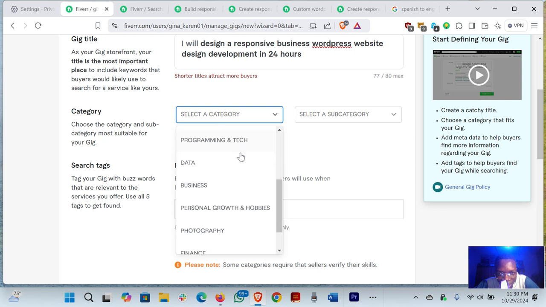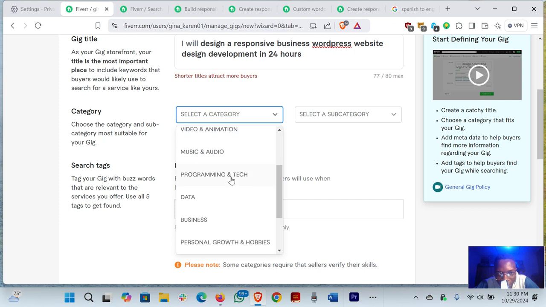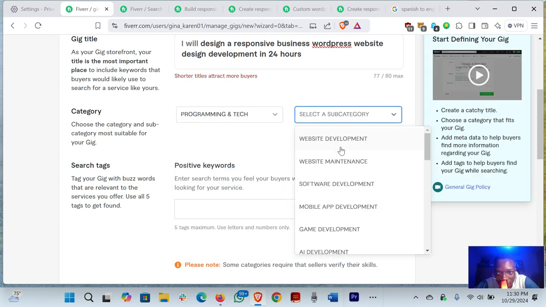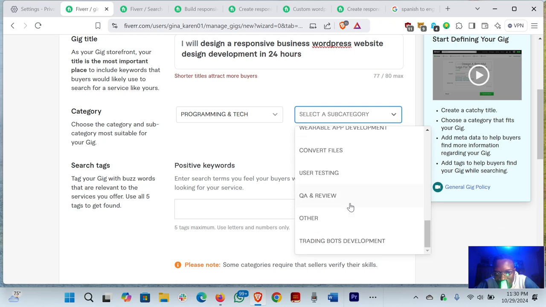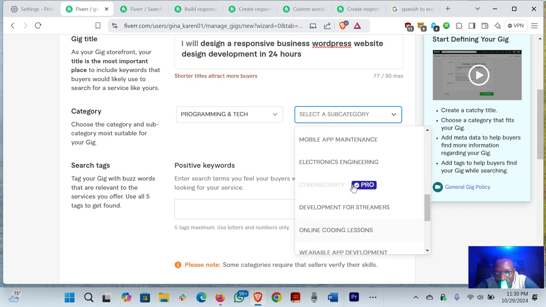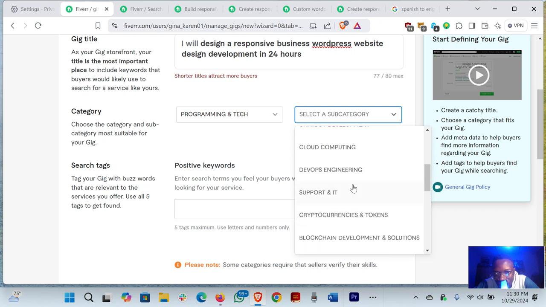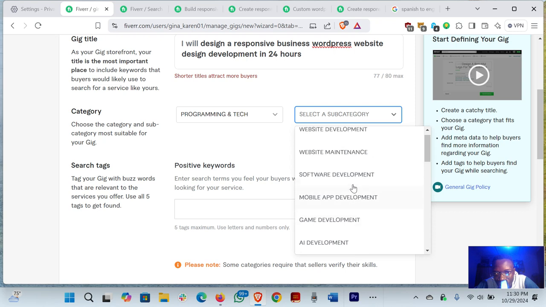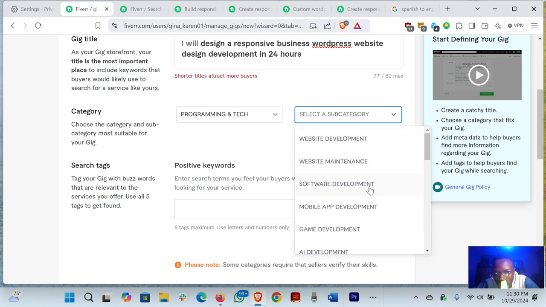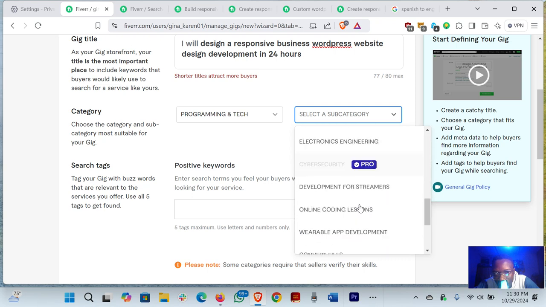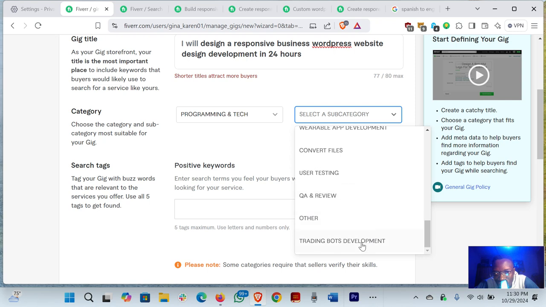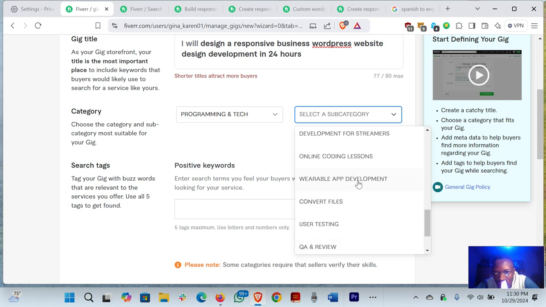Let's continue. Sorry. The next thing is, which category do you want to use? Programming and tech. That's for web developers. Programming and tech. Then the next thing is, what platform do you want to work on? So I think I'll be using blockchain. No, I'm not using blockchain. Chatbot, I'm not using chatbots. Maintenance, development, mobile app, game, and so let me just look for the one that suits me. Trading and bots, website and app development. No, development for